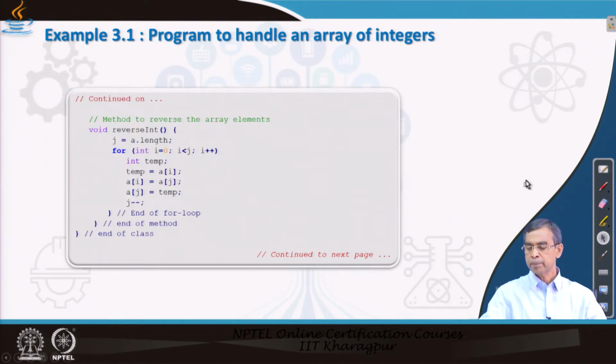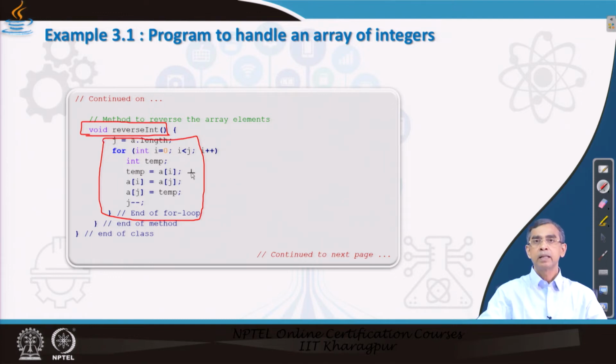Yeah, so this is the method that you can see. The method name is reverse int, and this is the code of the method, a simple logic by which the ordering of the elements can be made in the reverse order, and the elements will be stored in the same array. This basically gives the method of reversing. So, three methods.